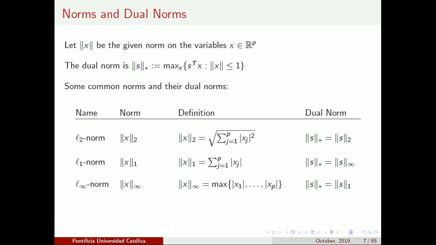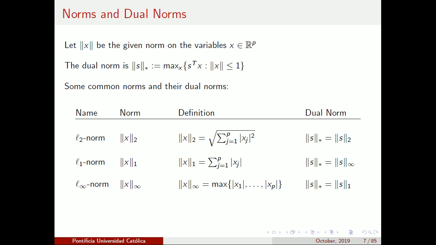So there are different kinds of norms. The norm that most people are used to working with is what's called the L2 norm, or the Euclidean norm, and that's just the square root of the sum of the squared values of the components of a vector. It has what's called the dual norm, which I put a star here for. But the dual norm is the same thing as the norm itself.